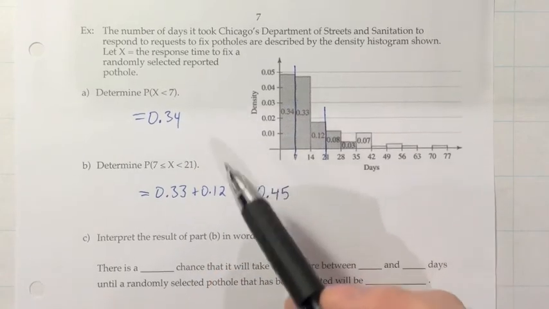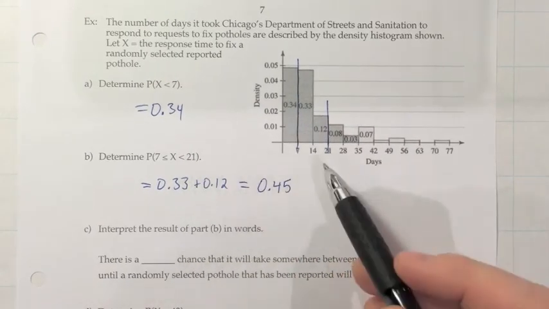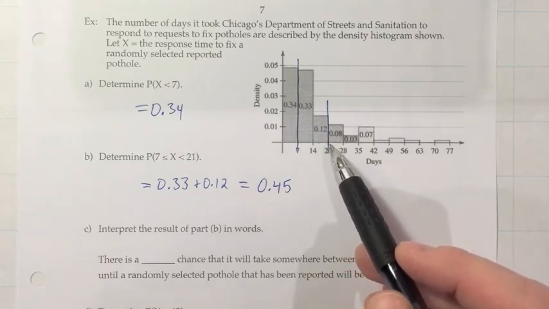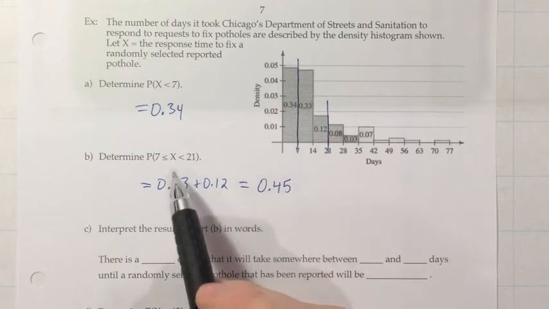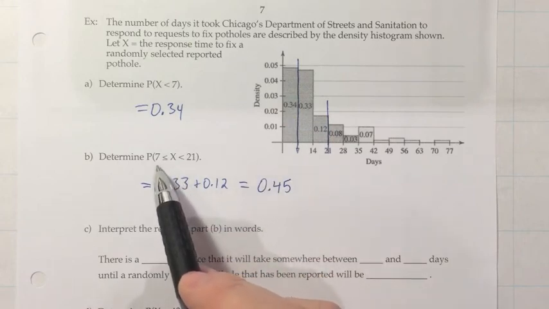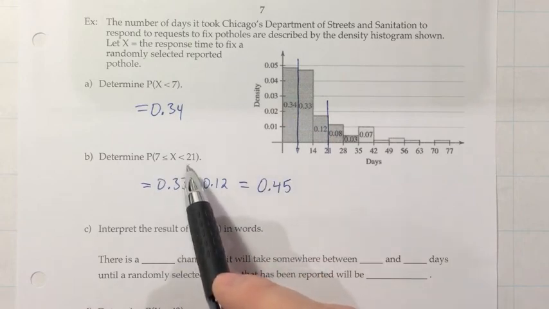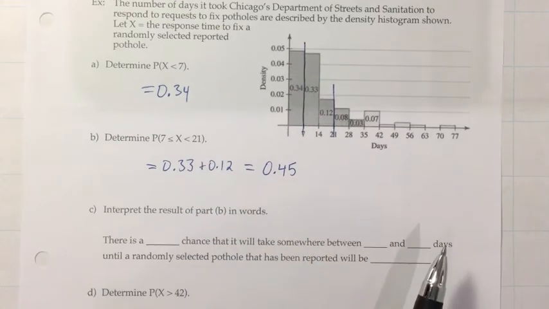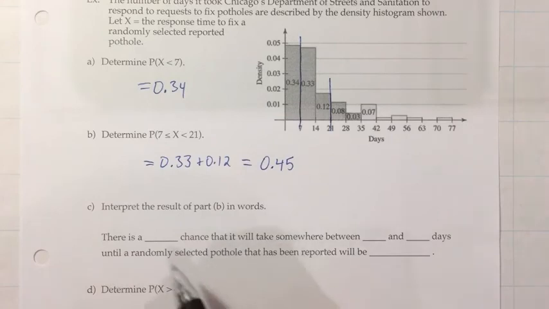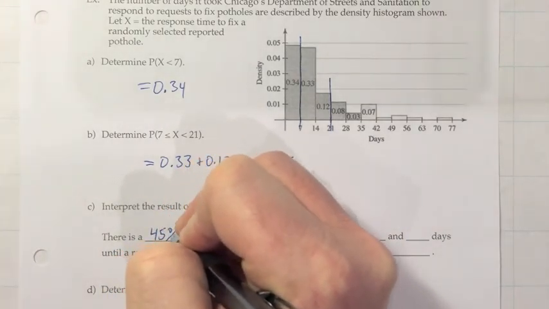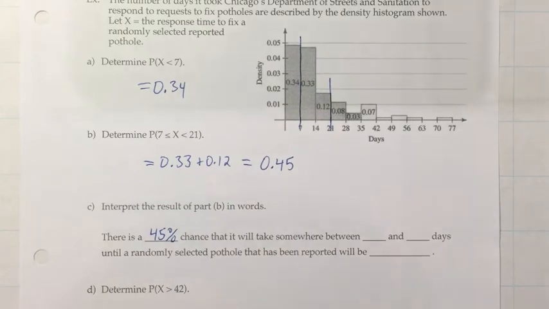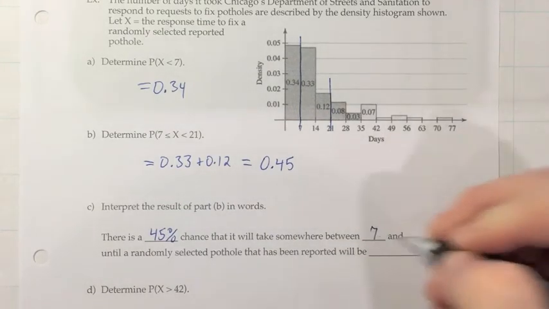So what would that be here? If you had a pothole on your road and you called in and asked for it to be fixed, there's about a 45% chance that it would take at least 7 days, but less than 21 days. So somewhere between about a week and almost 3 weeks. So interpretation, there is a 45% chance. When we talk about probability, we generally convert it back to a percentage, that it will take somewhere between 7